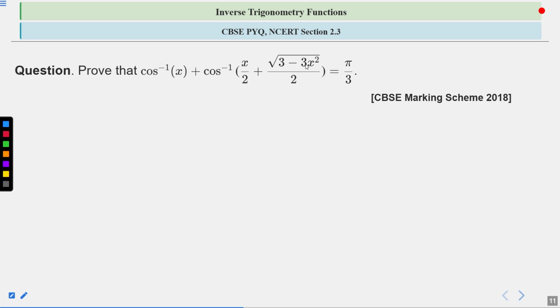So in this way you can try to approach this question. You have 10 seconds to solve or think about this question. After that we will move to the solution part. Okay, let us move to the solution part.